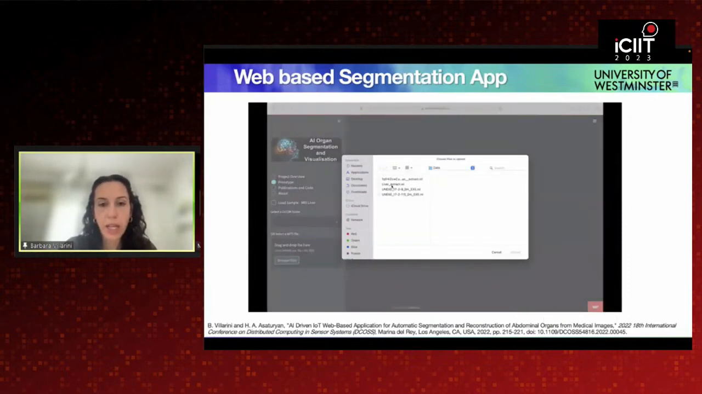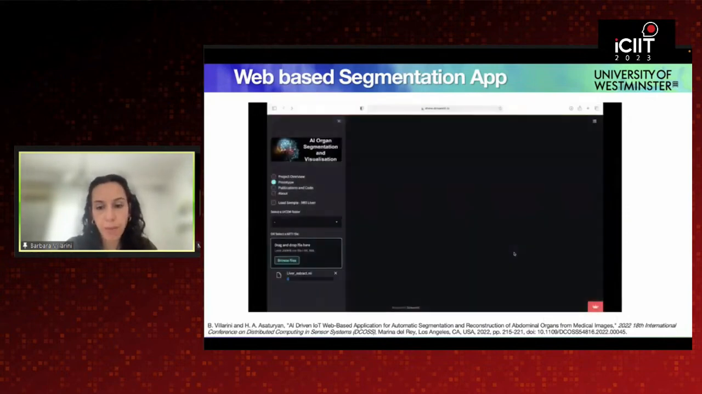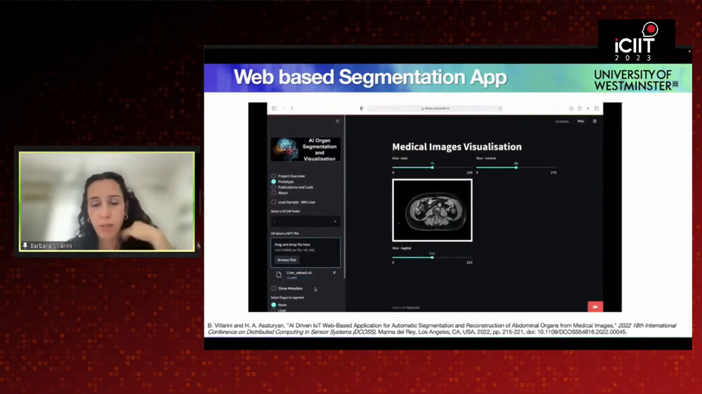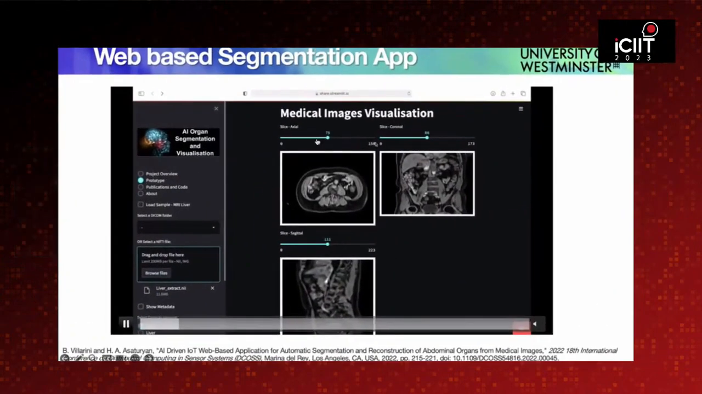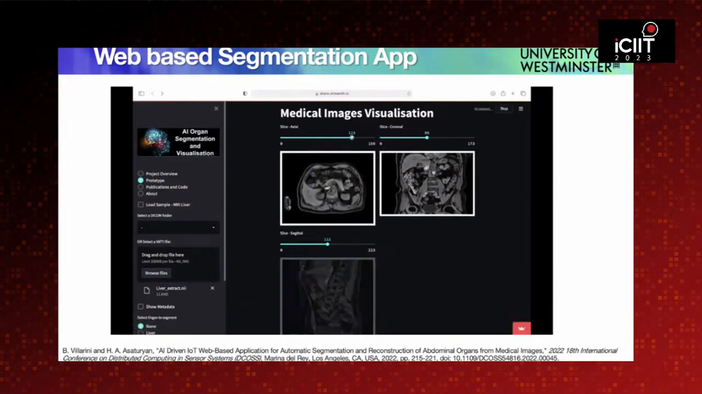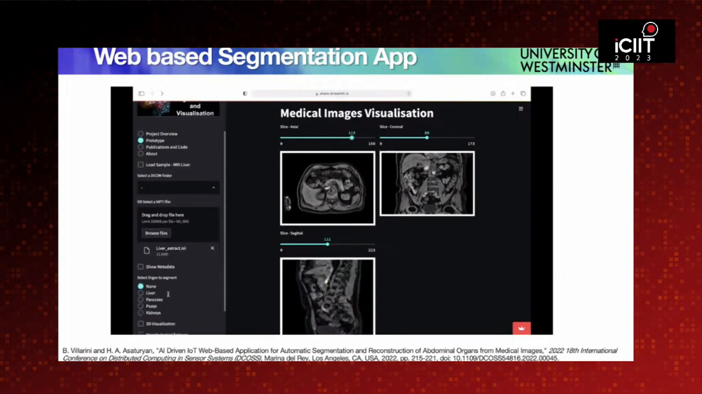We can load the image. In this case, I'm loading an MRI of the abdominal part. You can see we have 3 different views, the axial, the coronal, and sagittal, and through these sliders, we can change the slices that we want to see. So we can see different positions of the organs. And then